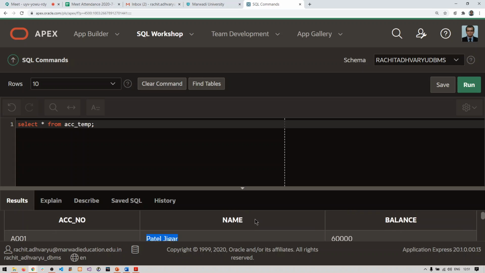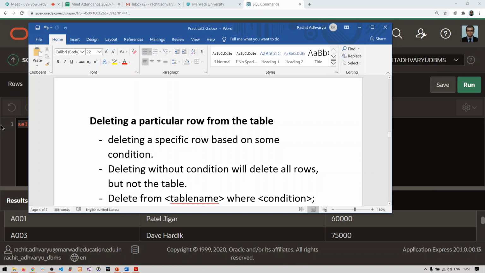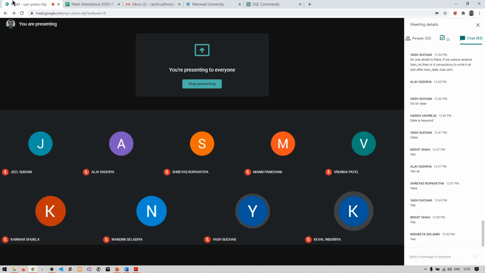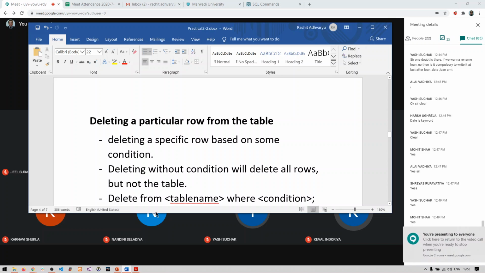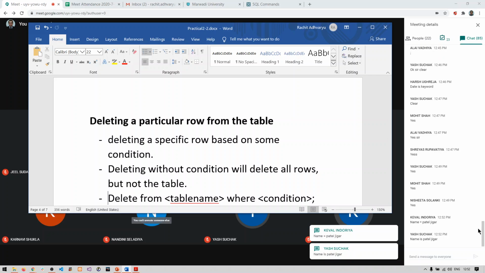So what will I write here? What is my condition, guys? Delete the data where the name is Patel Jigar. What is the condition? Name equals Patel Jigar.